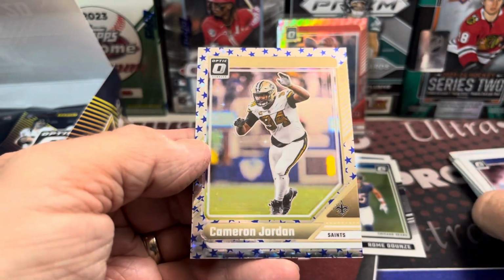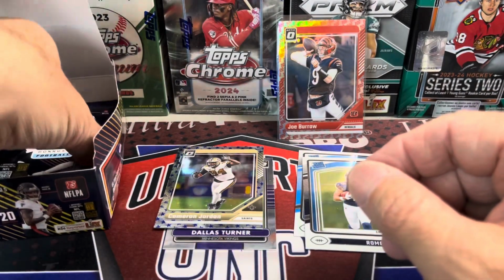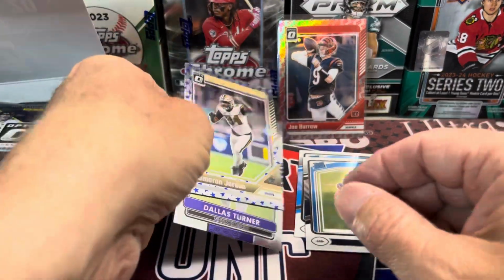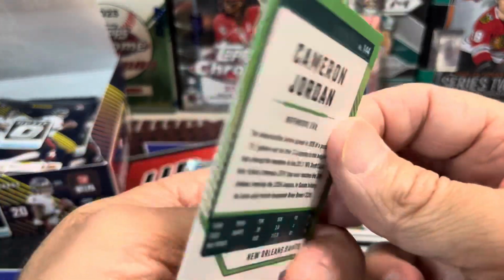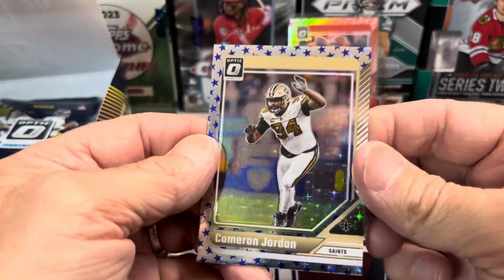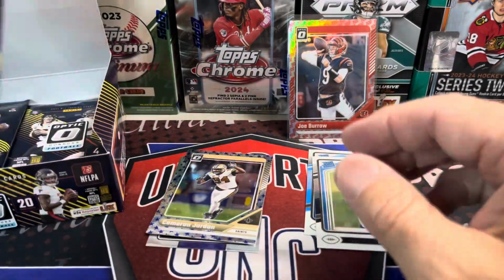Stars parallel, Cameron Jordan. Not the stars parallel we're looking for, but that's what they look like. So here, let me get it back up there. You can see there, you've probably seen these already, but they're pretty sweet looking. When you look at that on the camera, that's pretty awesome. All right, so